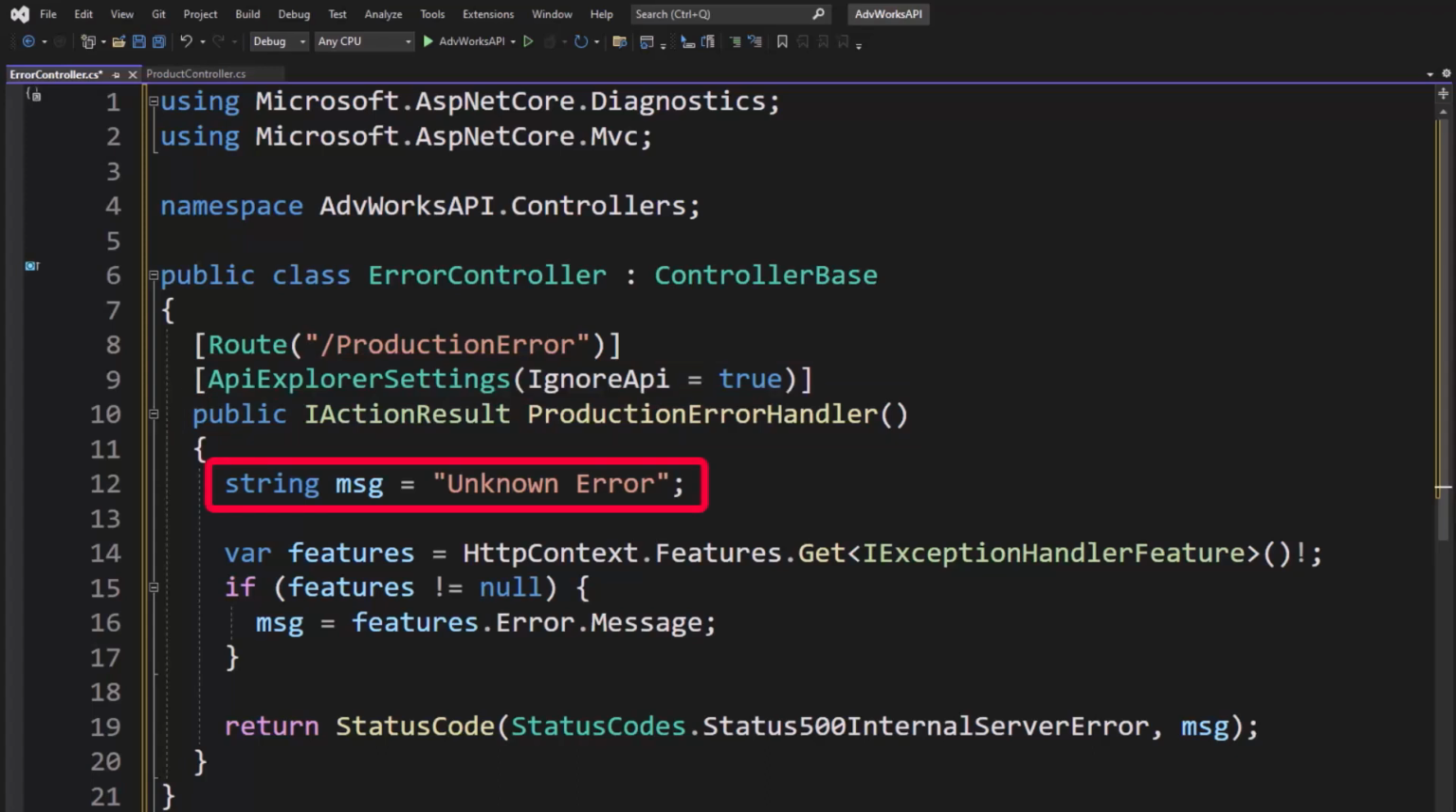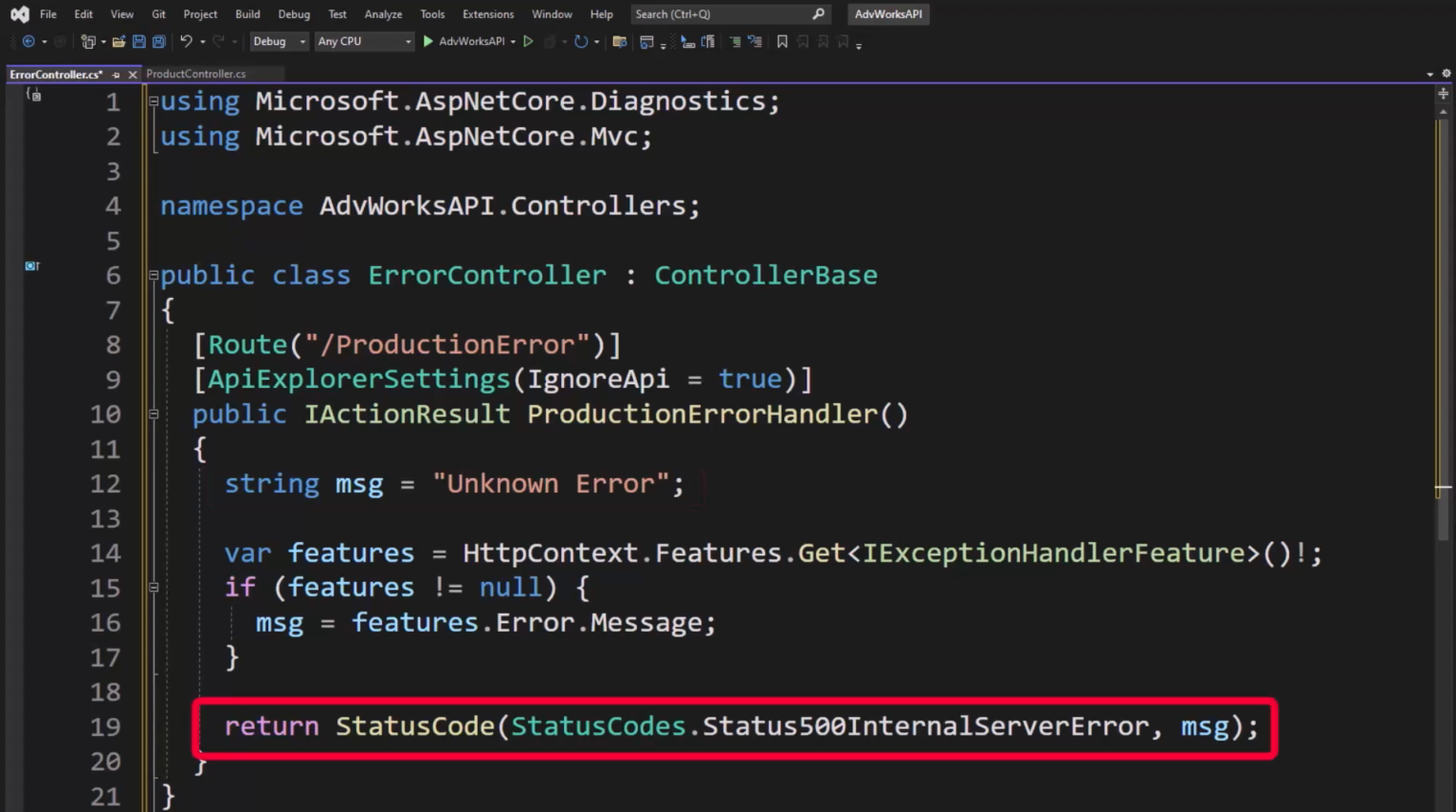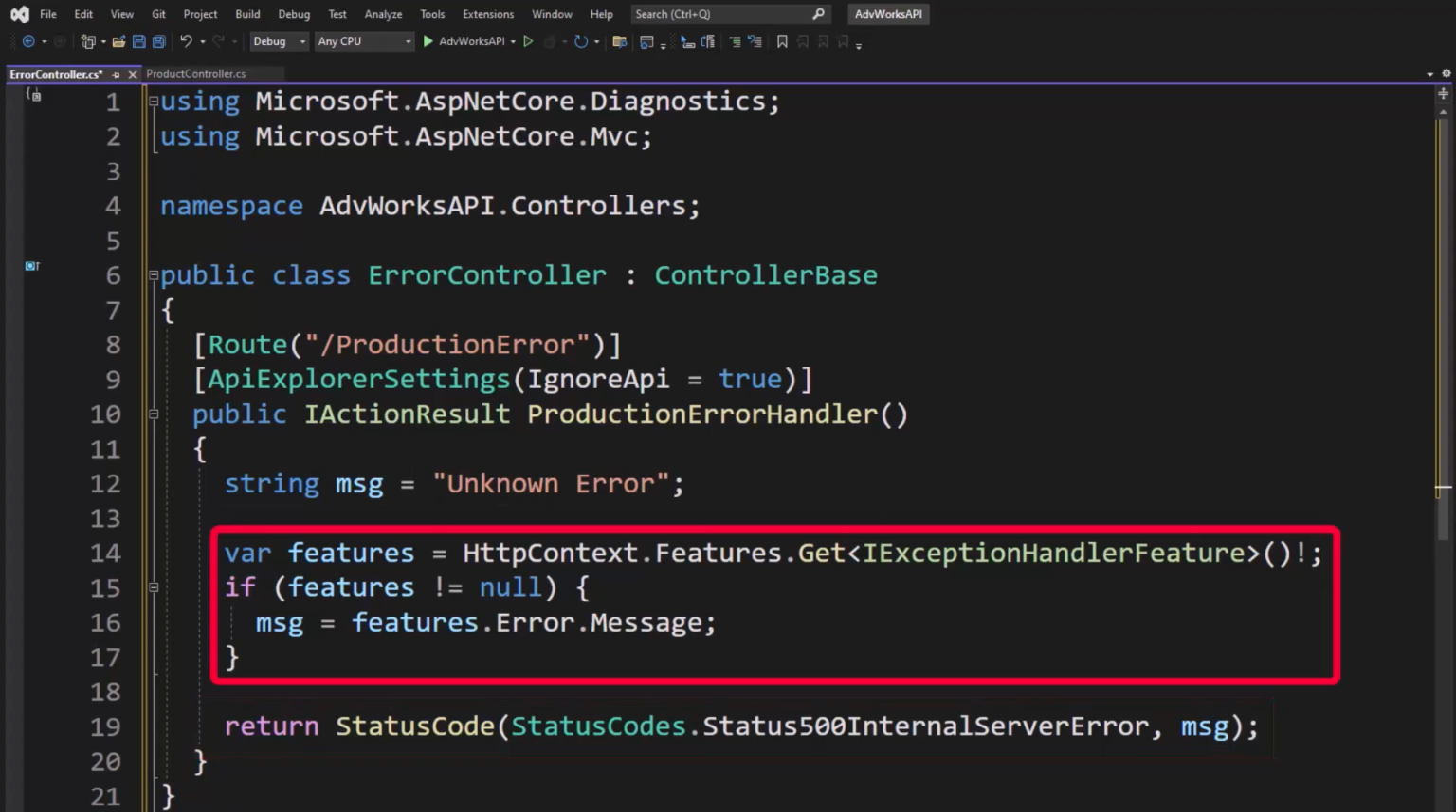So I'm going to set up a string message that I'm going to eventually report back on line 19 where I return a status code of 500 and pass that message. The message is first going to say unknown error, but then I'm going to go out to the HTTP context. I'm going to look at this features collection, and I'm going to get an IExceptionHandlerFeature. The reason I'm doing this is because I want to check to see if I get anything back, and if I do, I should be able to grab the error.message from that. Now that error object on features would contain a lot of other information. All I really care about at this point is just the message,